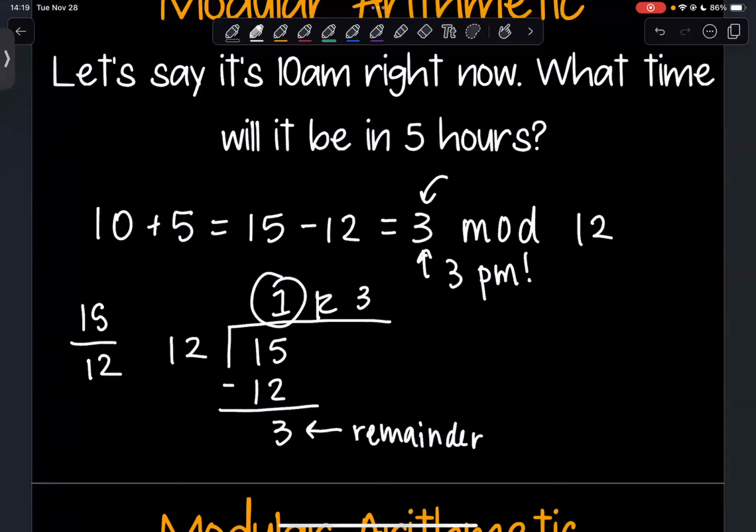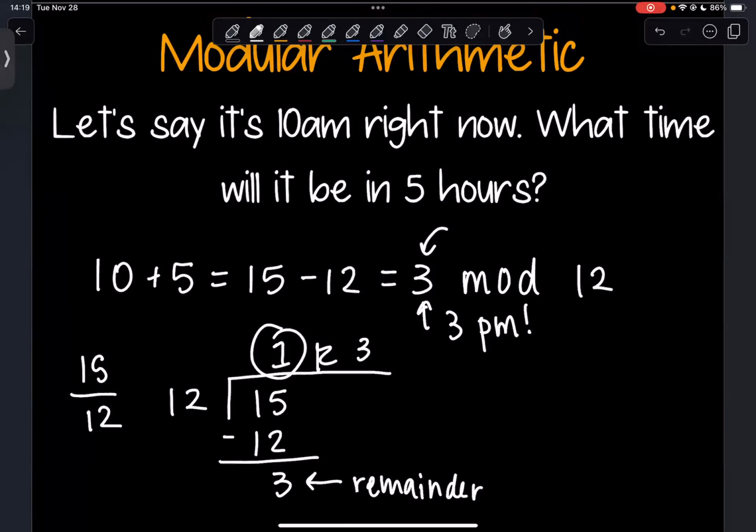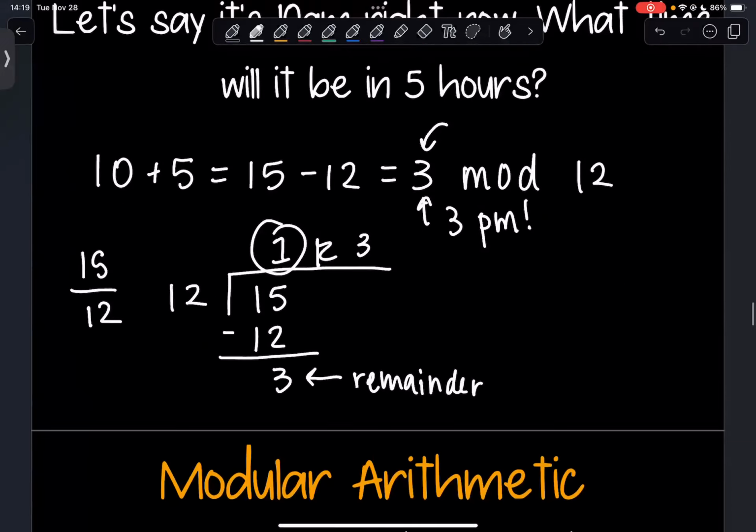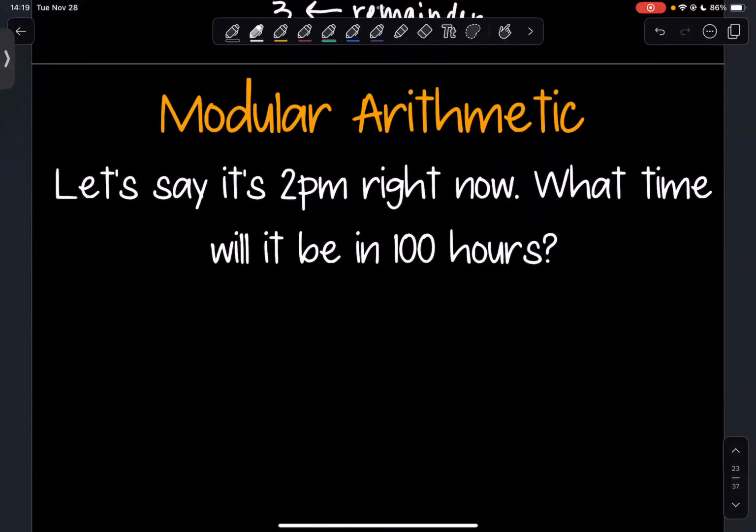Right, so there's a couple ways that might make it easier for us to determine what the time is here. Right, but for our answer here, if it's 10 a.m. right now, in 5 hours, it's going to be 3 p.m. Okay, so let's also think in terms of a 24-hour clock, just to get a good grip on this here. So instead of thinking mod 12, I'm going to think mod 24. So it's okay if I have answers that look like 13 or 18 or 20, as long as they're less than 24, it gives me a good representation of what time it is during the day.